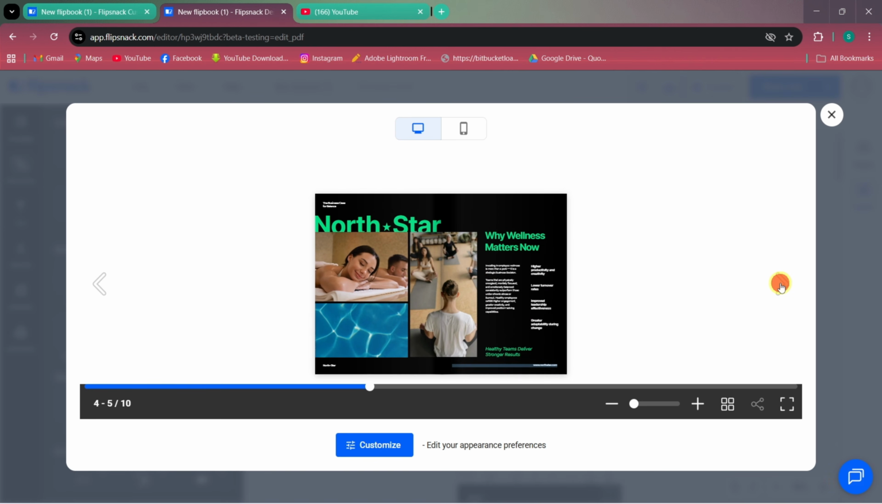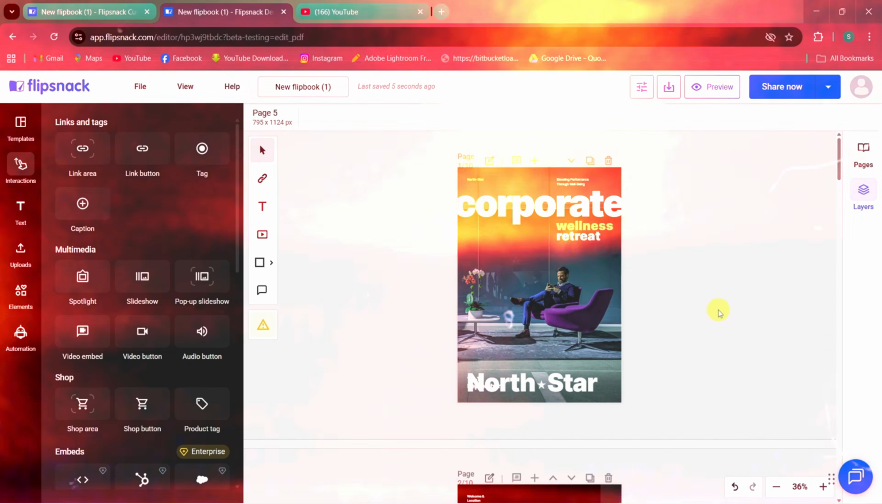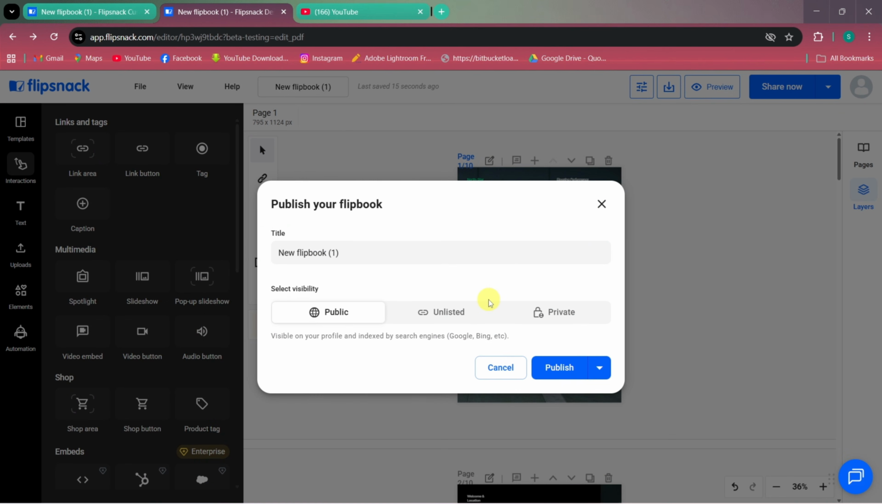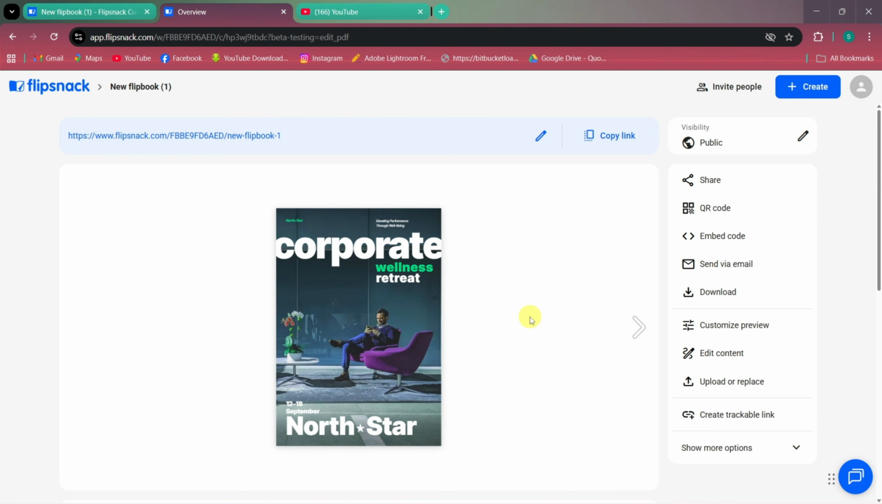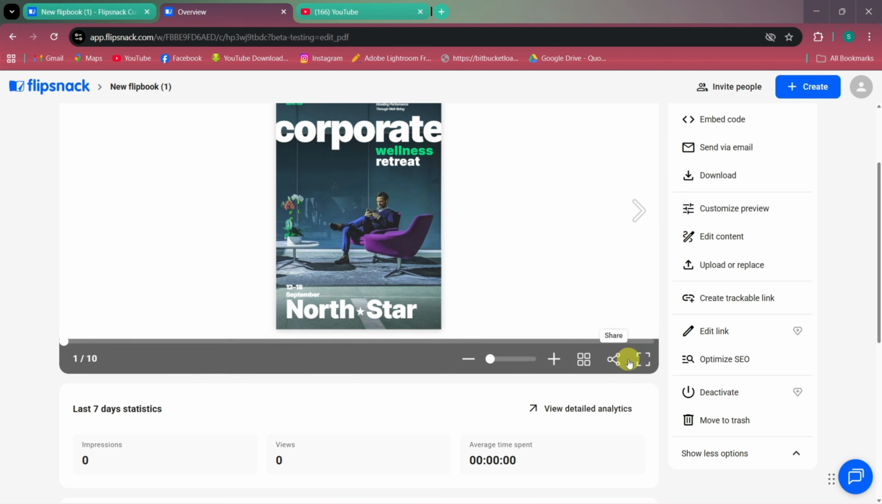It's one of those features that genuinely makes a difference in how your audience experiences the content. Now, when you're ready to share your flipbook, simply go to the Share Now option. Set the visibility to public, then click Publish, and your flipbook is live. From there, you can share it using a direct link, generate and share a QR code, or send it directly via email. You can also do SEO optimization right from this panel, which helps your flipbook get discovered through search